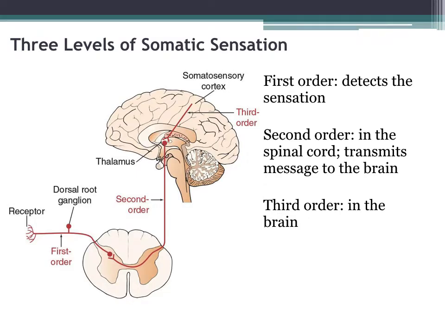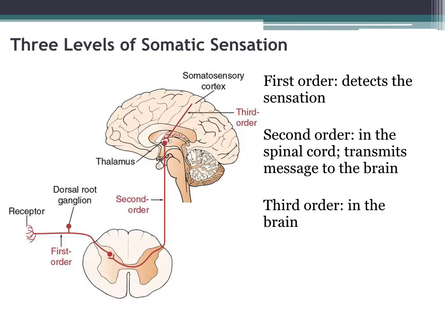We have millions of nerve endings in the skin and other regions of the body that are constantly providing information about our body to the brain. Specifically, we have three types of neurons that vary in distribution and function as far as what type of sensation they detect. With the general somatic afferent neurons, they're distributed widely through the body and can detect pain, touch, and